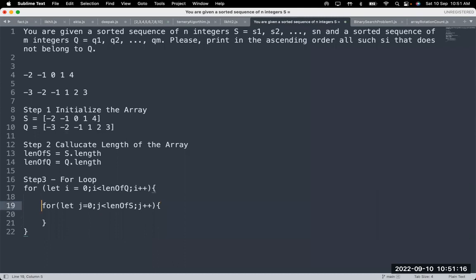Right or not? The rest everyone knows now what we need to do. We will say a very simple thing. If S of